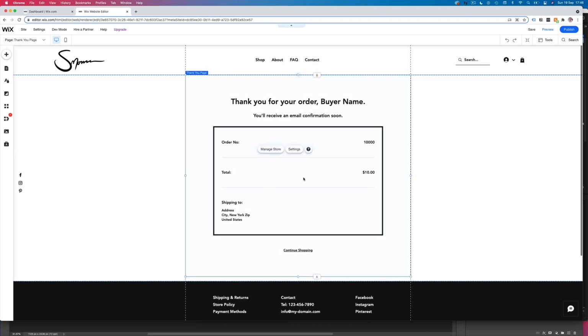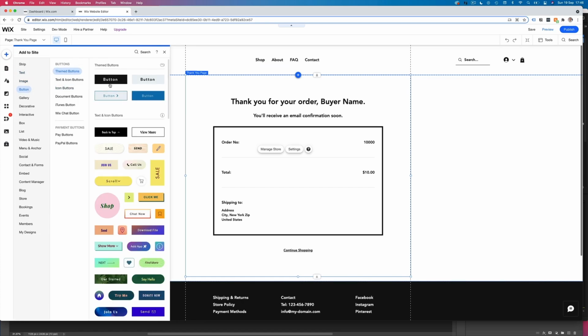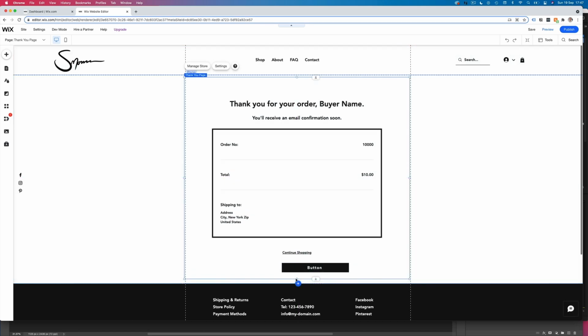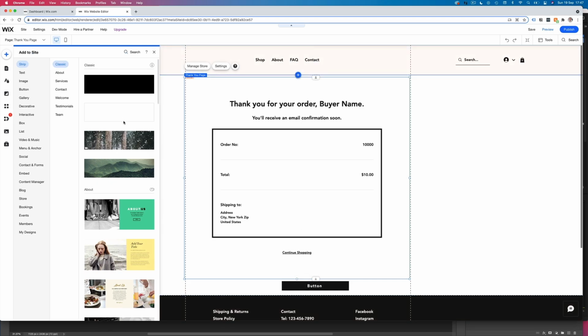So you've got your order number, and then maybe you can add a specific thing. So let's add something to this, right? Let's add a button, right, where we can just add a button to this. We can put it anywhere. We can make this slightly longer. We can make the button bigger. We can move this whole thing up. Let's make this a bit smaller. Let's click the plus there, and now we can add a whole new section. So let's add